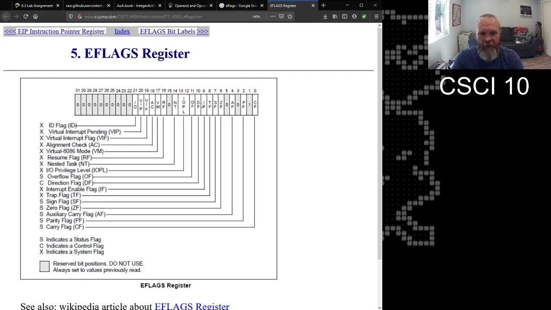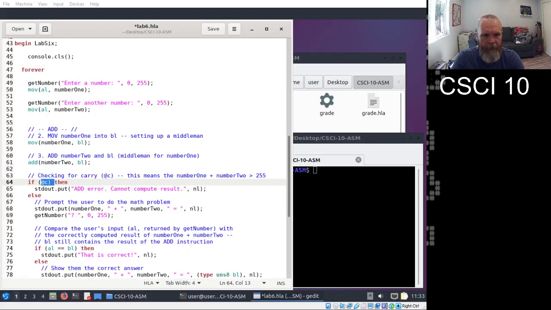So that's kind of what EFlags looks like if it were blown up gigantic. It's got all these little switches. Some of them are unused, but the carry flag is very interesting to us. The overflow flag, which is sort of up in the middle here, that one's interesting to us. So we can check after an arithmetic instruction and see if any of these switches was turned on. That is an indicator that something happened. All right, I don't know if that made sense. I hope that it makes some kind of sense. So back to the code.